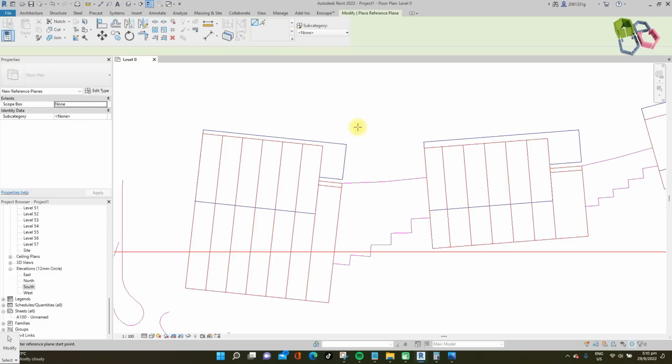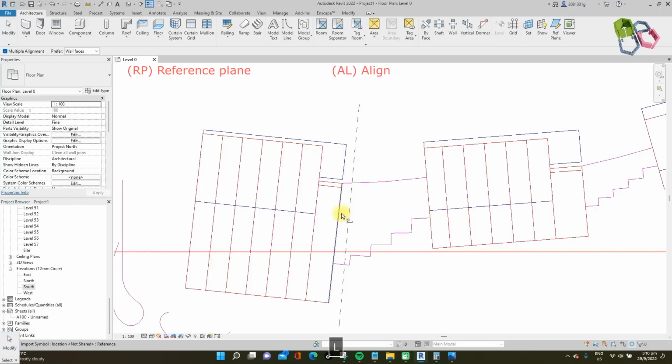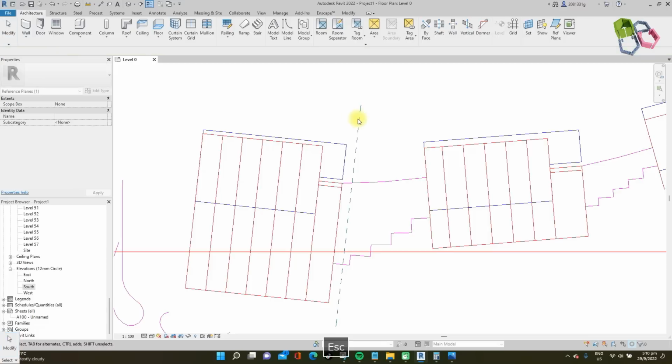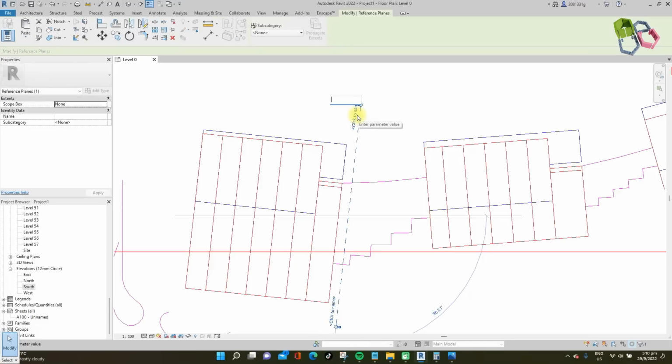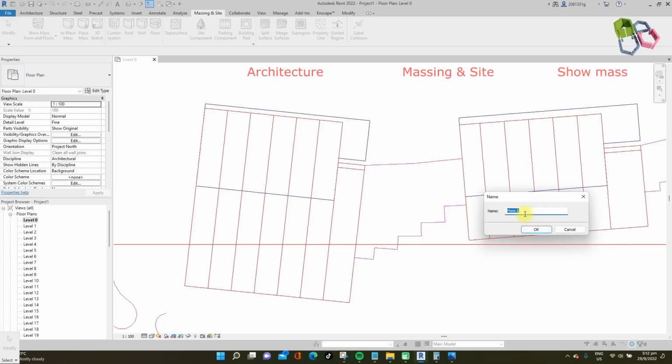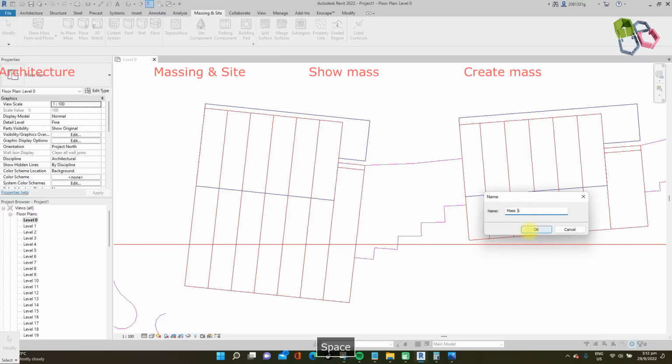For the mass, I need to create a reference plane and place it here and here, align it with this Tower 1 face and move it back, and set the plane name as Tower 1 North South. Then go to Architecture, Mass and Site, Show Mass, and create a mass. The mass name will be Mask T1. Okay,